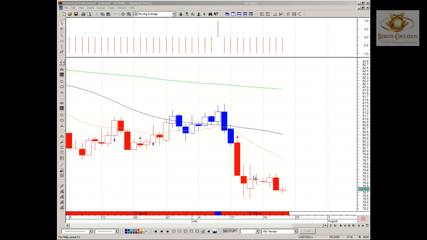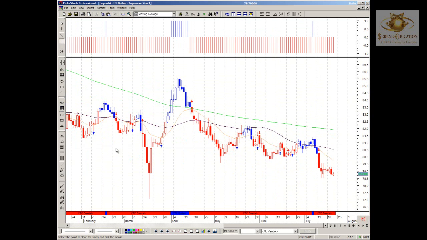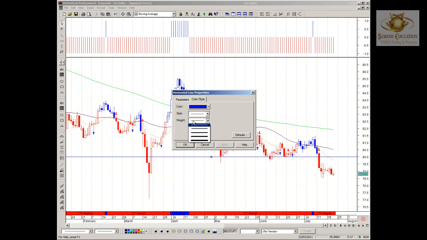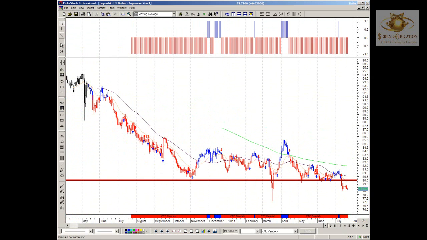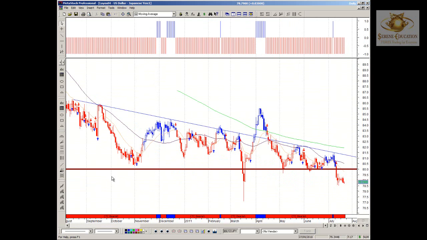The last pair of the day is the USD against the Japanese yen. Let's have a look at the daily time frame. This pair breaking out of a very strong consolidation range recently at the 80 mark, very strong support area. And the more I zoom out, you'll notice that over the past couple of months we've seen this pair trading at a consolidation range to the downside. Highs are getting lower in this downtrend, and sure enough we've seen price break that very strongly,